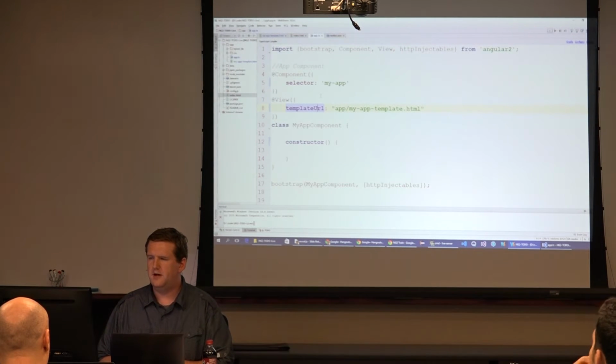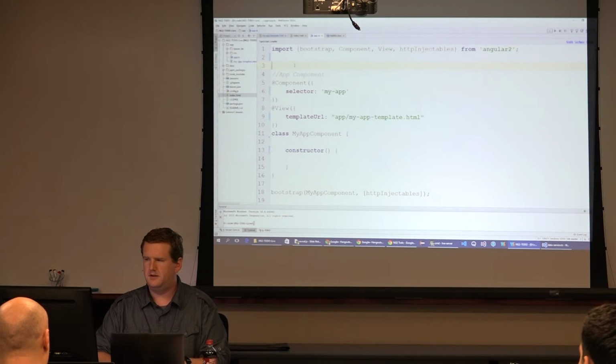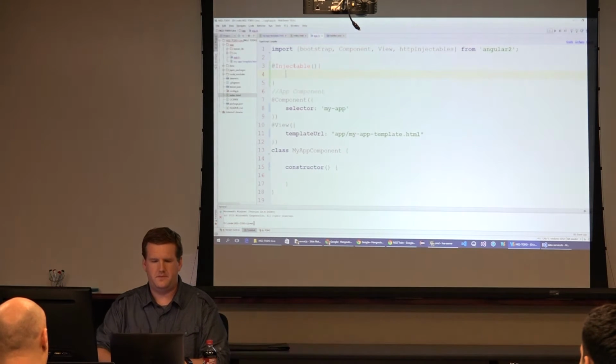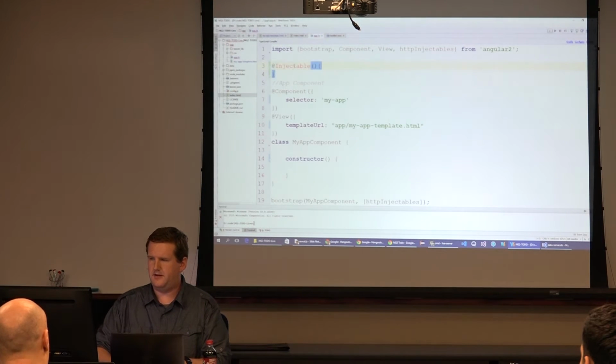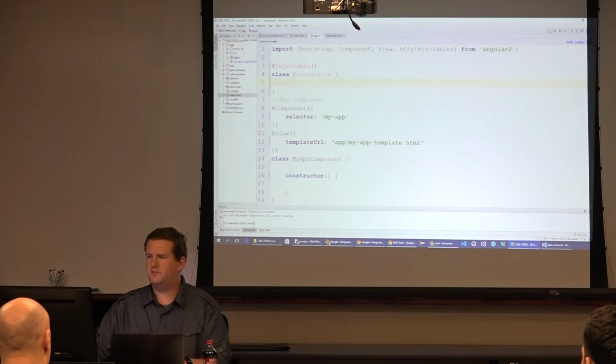So this is where we're going to have to bring in the data. So to do that, I'm just going to inline right here, create a data service. So to do that, I'm going to say @injectable, and this just creates a generic thing that can be injected. And that actually doesn't have any properties. After that, we just say class data service. So I'm just making a generic JavaScript class here, and I want to set up my constructor, and my constructor is going to